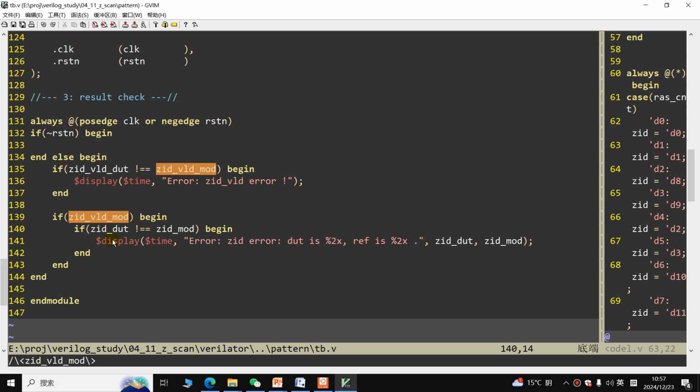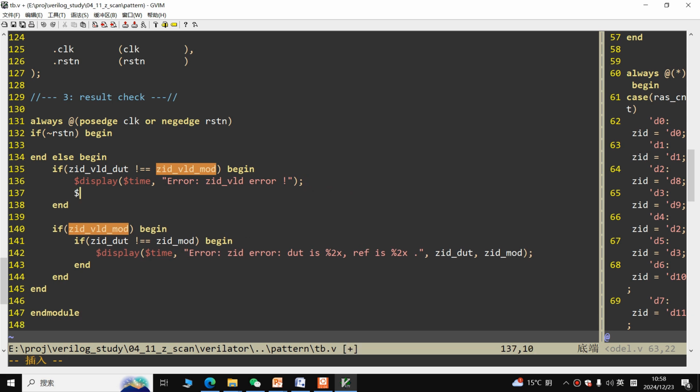If there is any error, we'll display the error message, or you can even stop it. Or you can count the number of errors. For example, you can